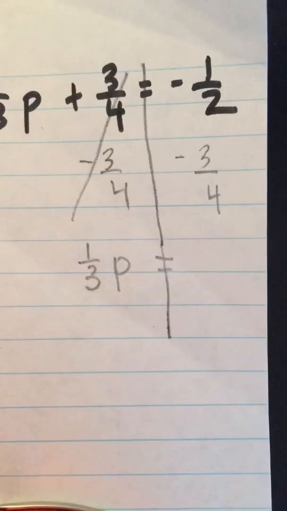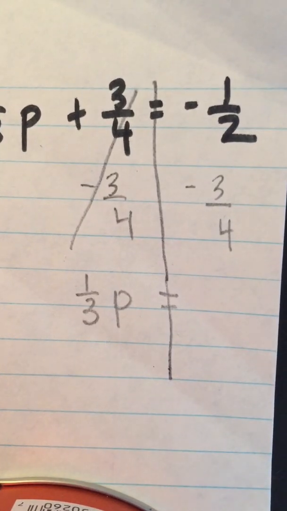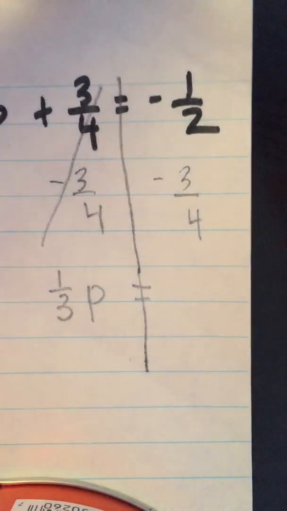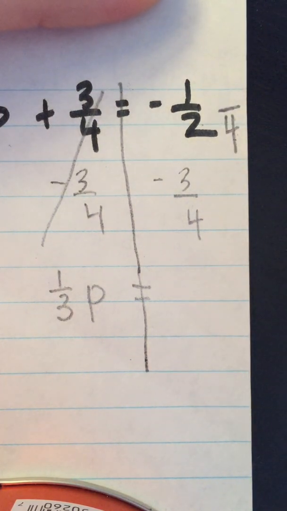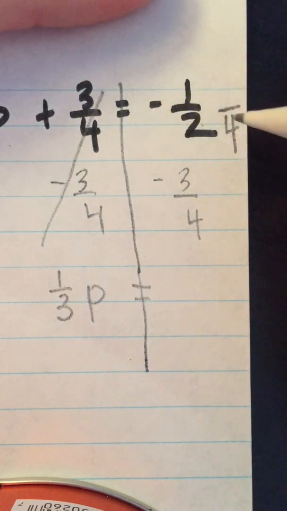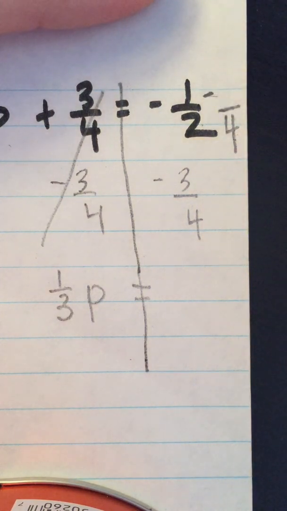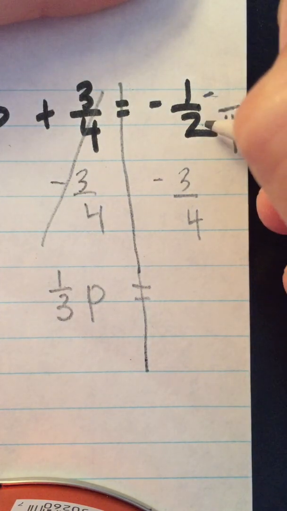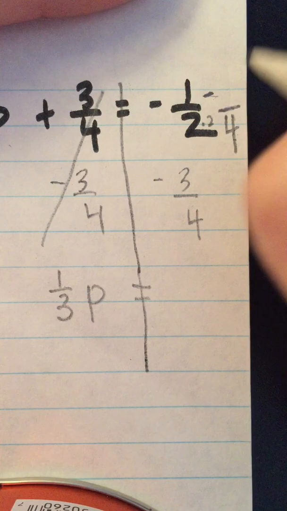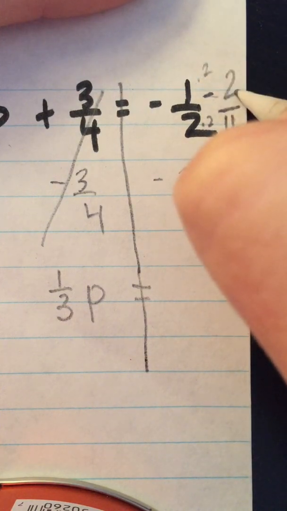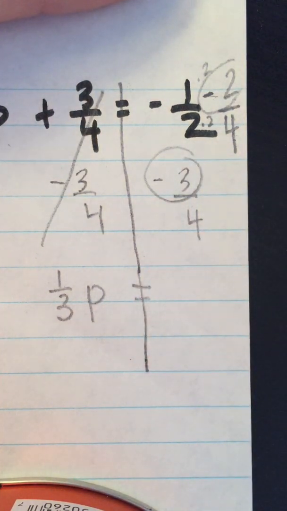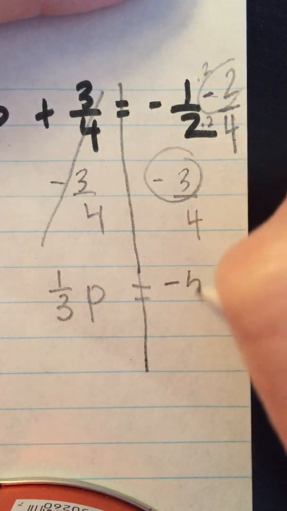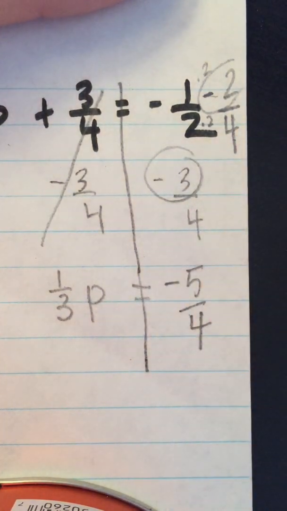Okay, so now I have to have common denominators. Well, I have denominators of 2 and 4. I know 2 divides into 4, so I'm going to make this one have a denominator of 4 also. But this is a negative fraction, so I'm going to make sure I carry that negative over so I don't forget. I know that 2 times 2 is 4, so 1 times 2 is 2. So now I have a negative 2 and a negative 3, which together is negative 5, and then my denominator